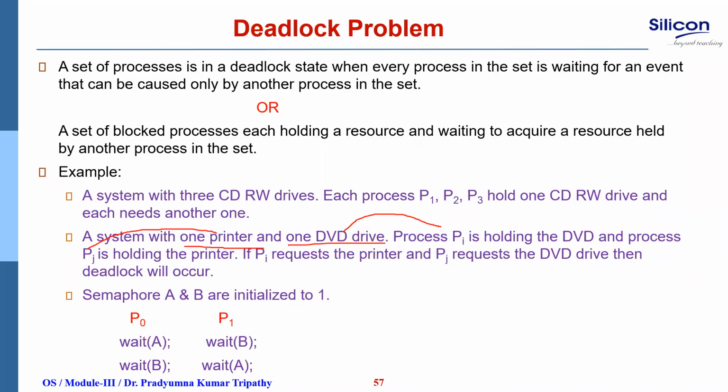One more example: there are 2 processes P0 and P1. P0 makes a lock on A and P1 makes a lock on B. P0 wants to have a lock on B and P1 wants to have a lock on A. They will never get them, because P0 has already put a lock on A and P1 has already locked B. So this will never get it and that will also never get it. They will wait indefinitely. Right? All these situations are called deadlock situations or deadlock problems.